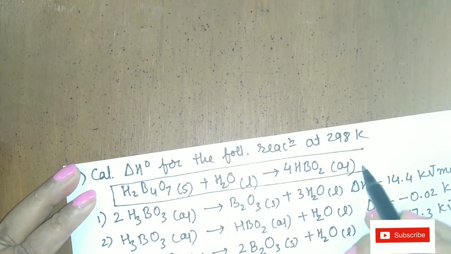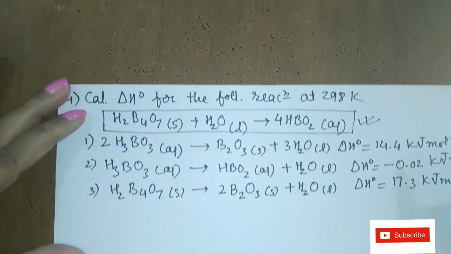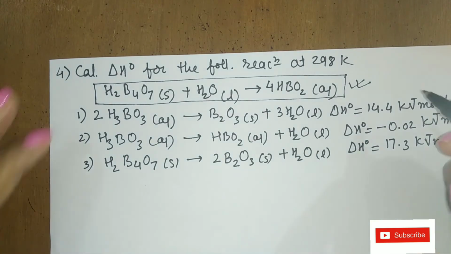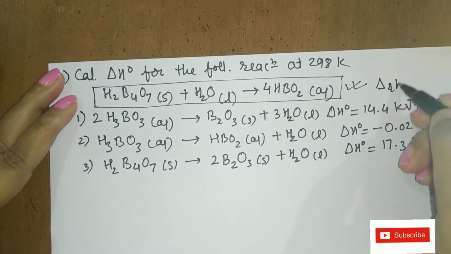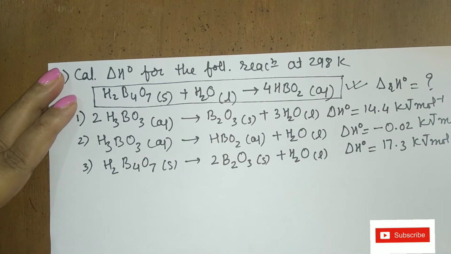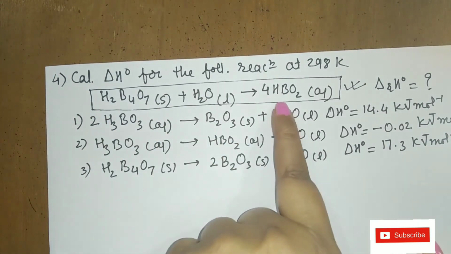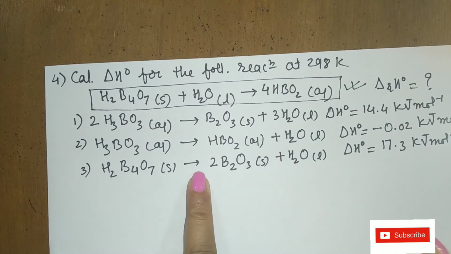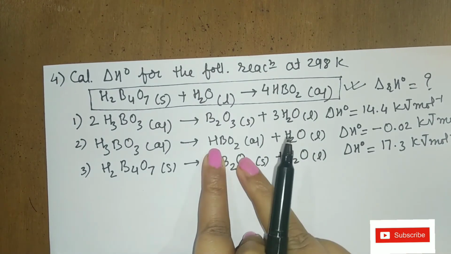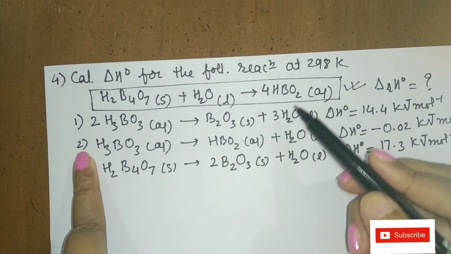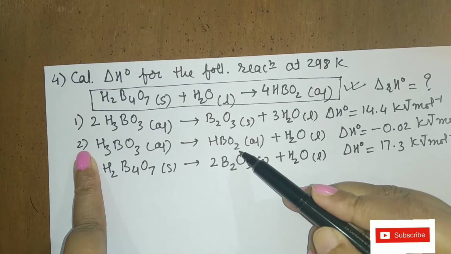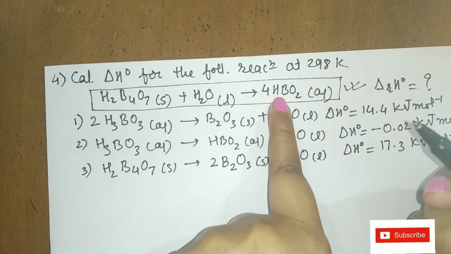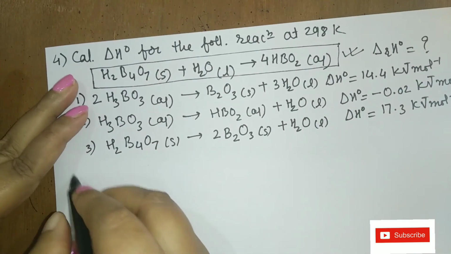They are asking you to calculate the enthalpy change for this reaction. Now if you see this particular equation, here I want the total enthalpy to be calculated. Now if I see this, I can go for this term HBO2, where I have on the product side this. Means in equation 2, I have HBO2 on the product side. But what is given is 1 and what I require is 4.